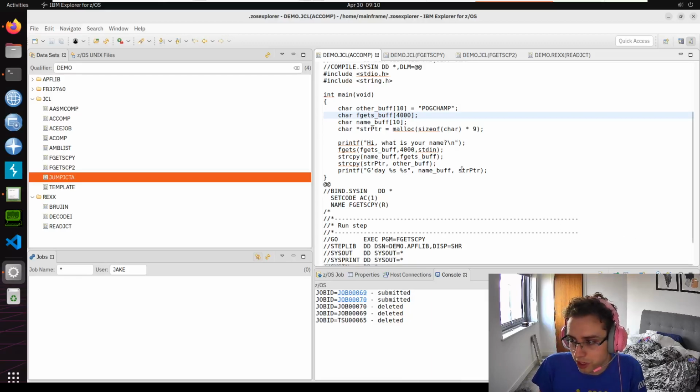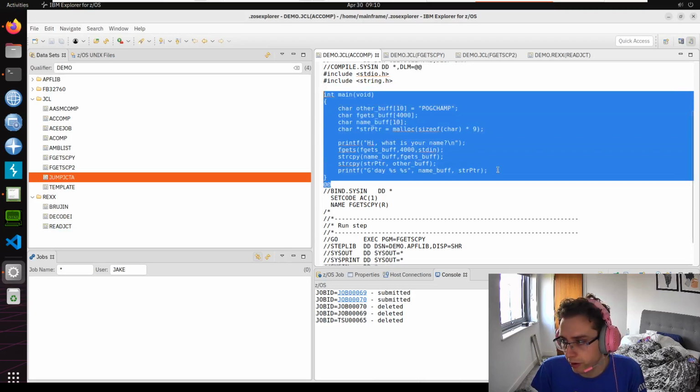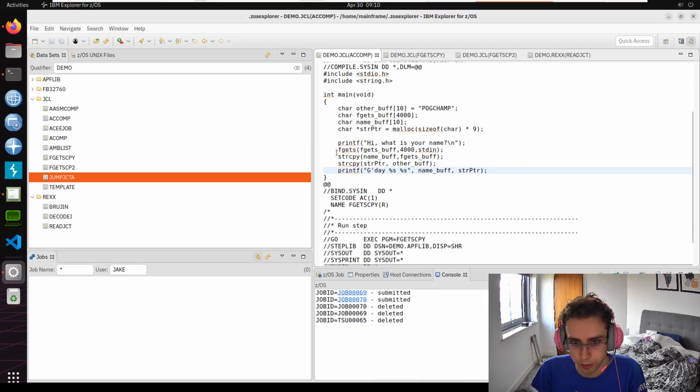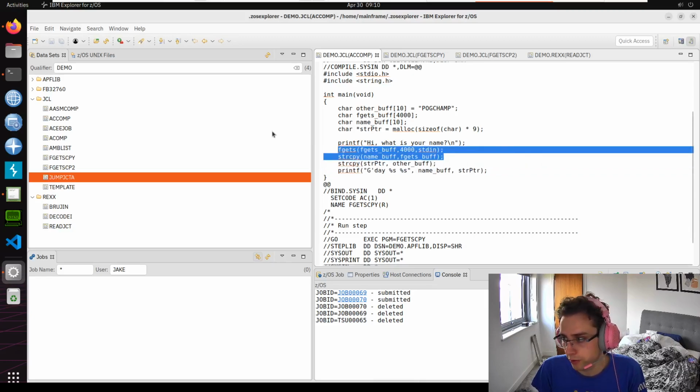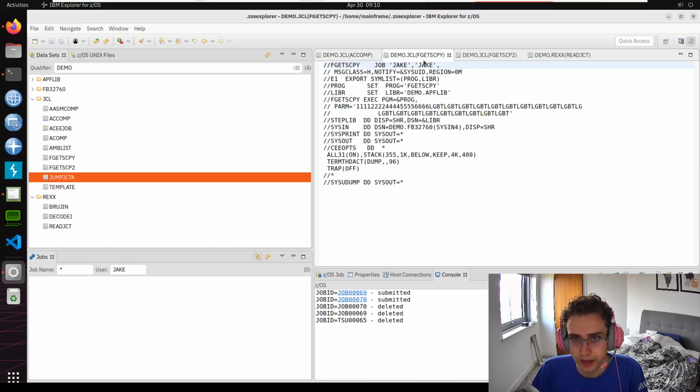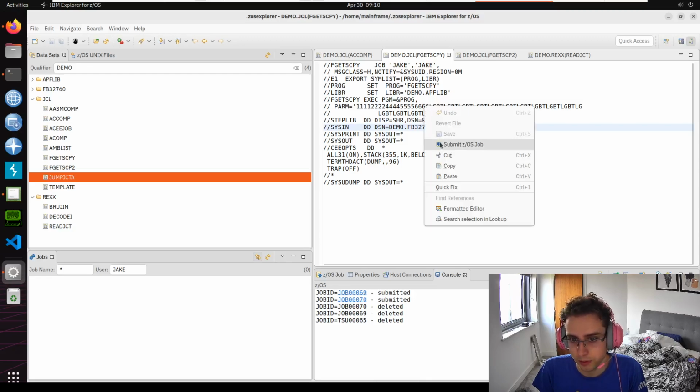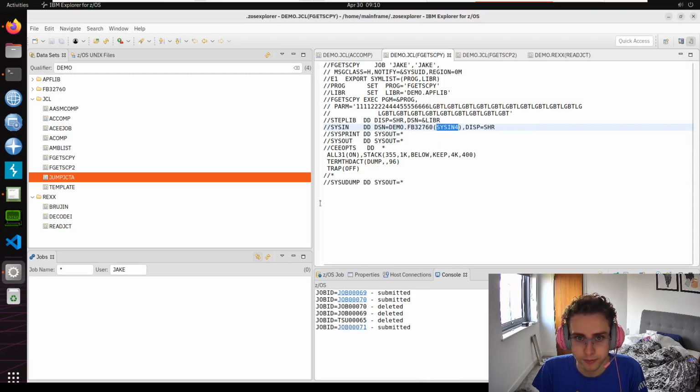Hi, my name's Jake, and this is going to be a follow-up to my previous video on how to exploit this binary. It's a C program with an obvious buffer overflow, and in the previous video we managed to gain code execution and make it run code from our sys input, and this is here. So sysin4 was the last one that we did, and when we run it,